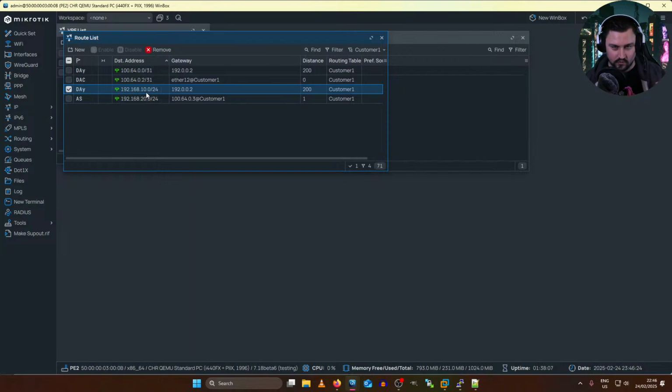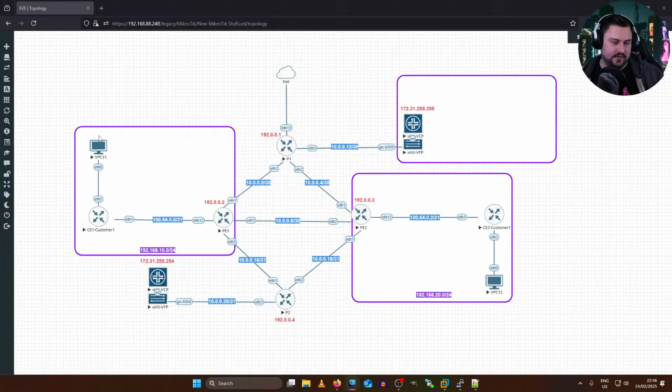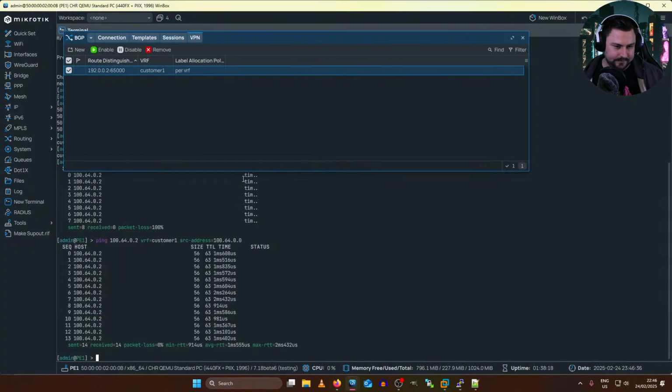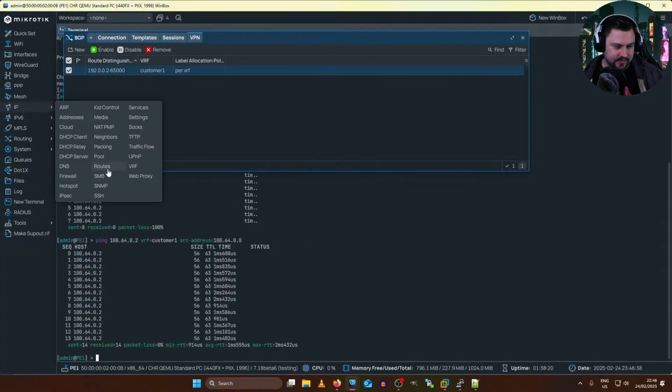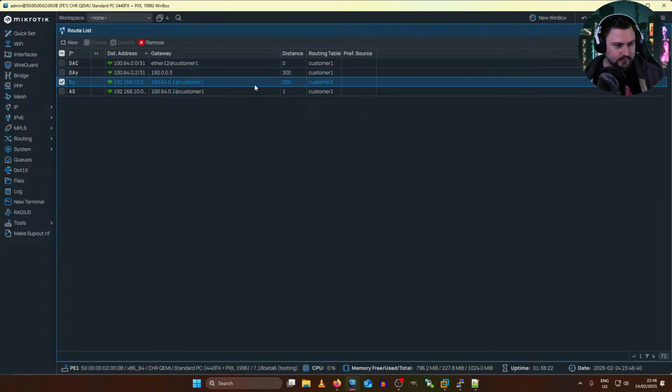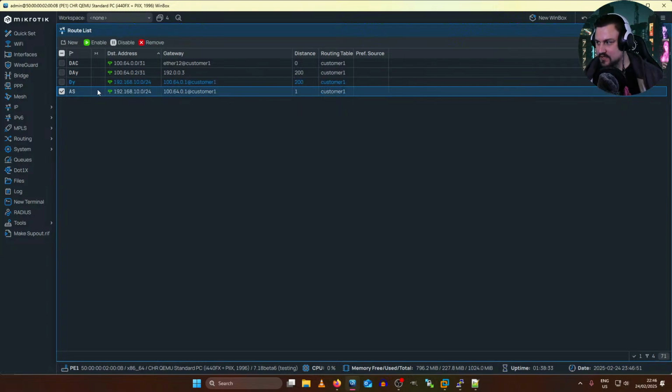And if I turn off that redistribute static routes, because I'm advertising the static routes in that VRF that I've added, it's going to go away. So let me just add the routes. If I go back to PE1 and have a look at the routing table there, we can see I'm learning my own route over the MPLS as well, but it's marked blue because it's obviously a worse route than my static route here.